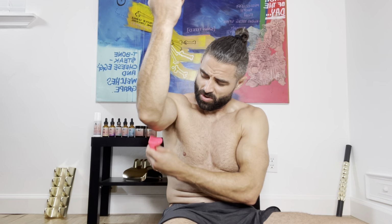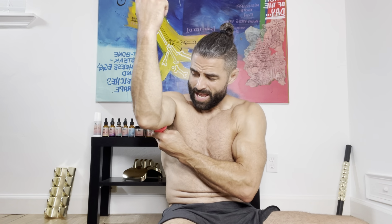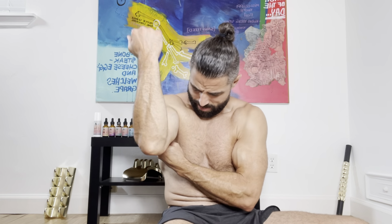The next thing we can do is once you find that tender area, stop and press into it. And then now I can do some curls here. Get some active release. I like using this on days when I go and do any type of pressing or pulling down on my push-pull days. Use it as a nice little wake up,